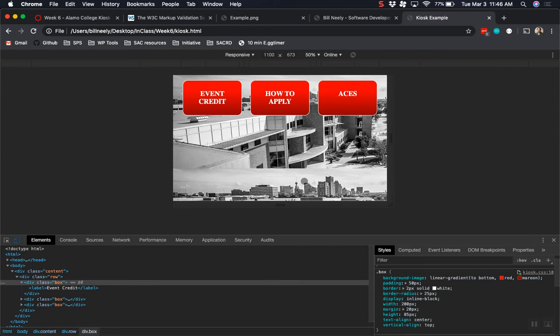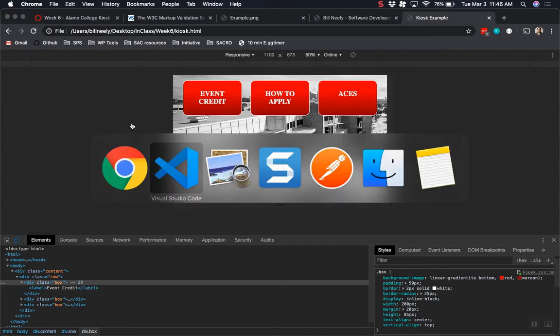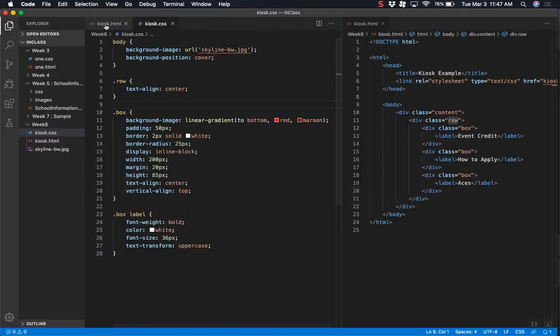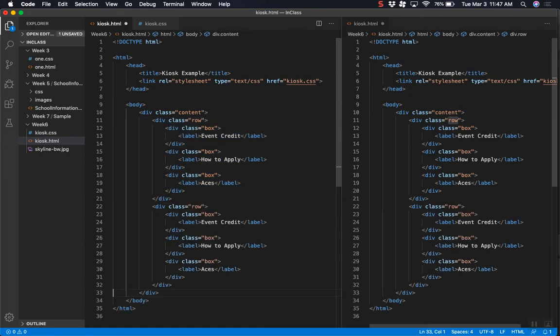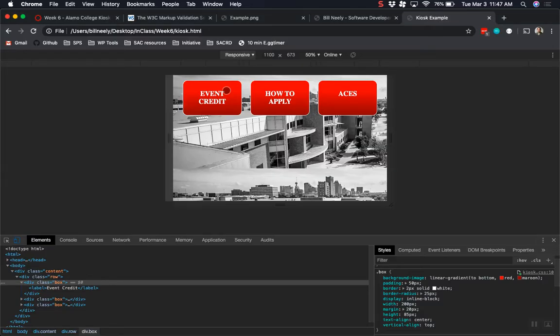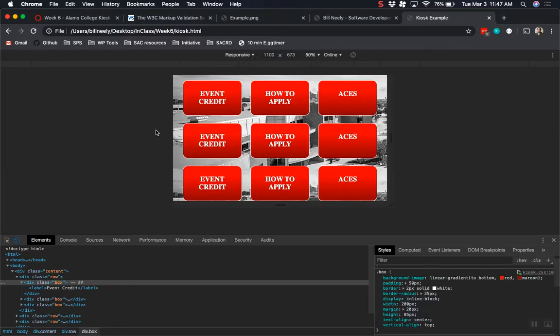I'm not crazy about my background. I think my big problem there is I just have a bad image. My image needs to be square or more square in order to look good there. But now, I've already got one row done, so I can just cut and paste this row. I got two more, and now I'm done. So now all I have to do is change the